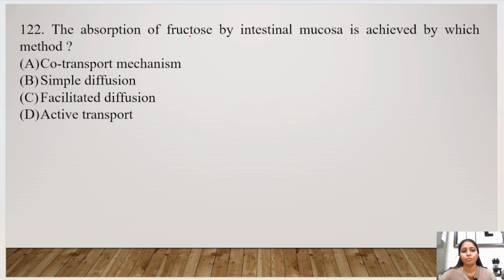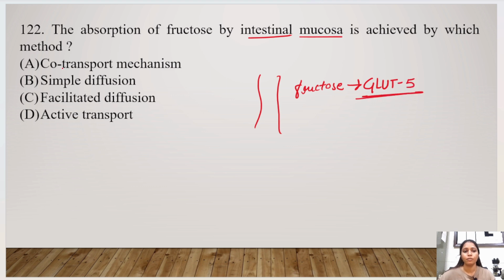Next question is, the absorption of fructose by intestinal mucosa is achieved by which method? So we all know that in intestinal mucosa fructose is transported by a special type of transporter known as the GLUT5 transporter, and this is achieved by facilitated diffusion because this is transport through a transporter, and transporters are present for facilitated diffusion. So here no ATP is used, but a special type of carrier protein is used